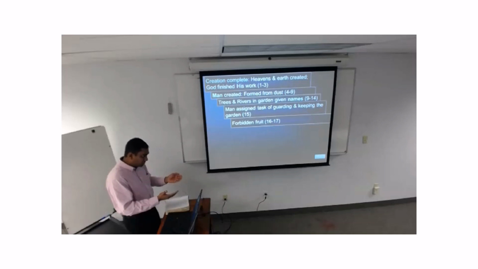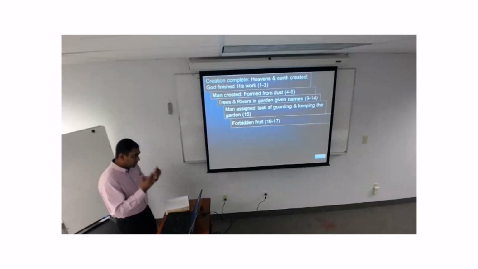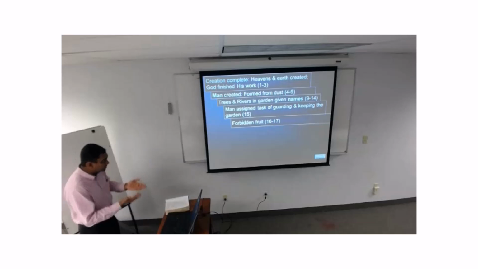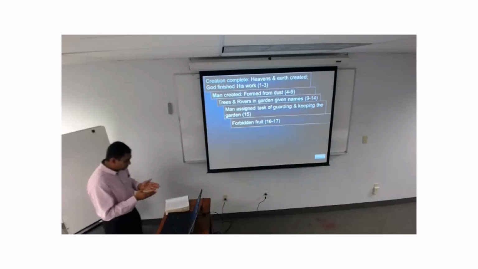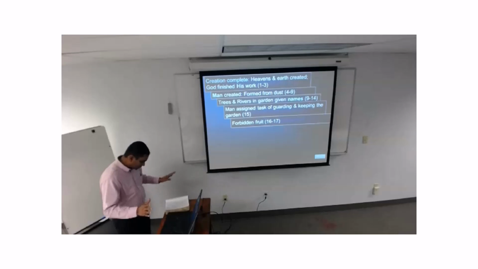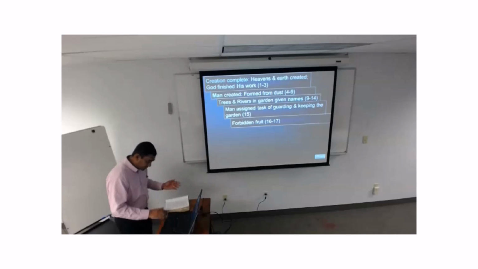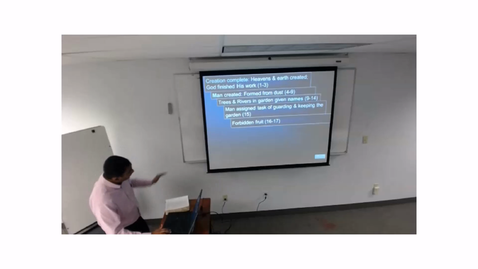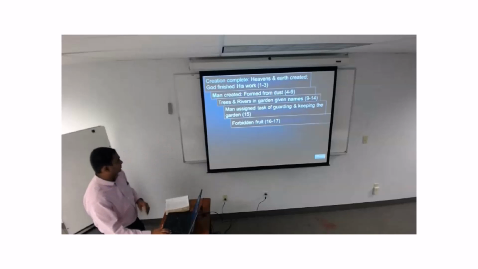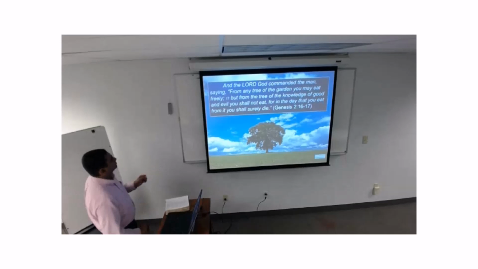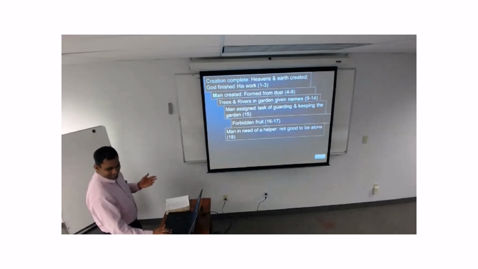And here for Adam, it would be a physical death that would result, but also more importantly, a spiritual death, which would be a separation from God himself. So that's basically what you have with the forbidden fruit, and that's the peak of this chiasm. Okay, so we have that here on the next slide. And this is a tree that we don't have anymore.